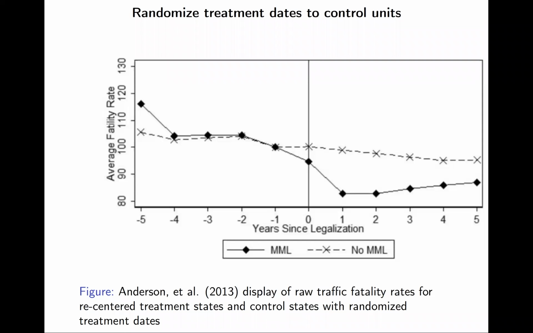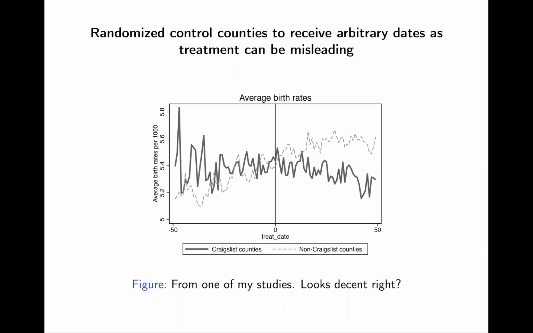So what Anderson, Hansen, and Rees did was they randomized treatment dates to the control groups and just simply plotted it. Now, in this case, it looked like it turned out pretty well. But what's weird is that technically that's just visual. That is not what the regression is going to use for any of its estimation. So what's more commonly done is